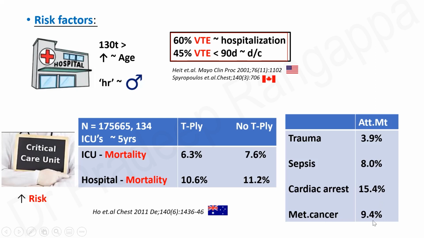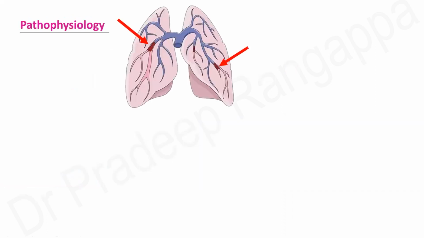This was followed by metastatic cancer and sepsis. So for all my ICU friends, sepsis is a very important risk for someone developing venous thromboembolism. That's why putting patients on thromboprophylaxis in ICU is a quality indicator, and every sick ICU patient falls under high risk for developing venous thromboembolism, and they should be on thromboprophylaxis because 8% is attributable mortality, and in trauma it's 3.9%. So when we look at the pathophysiological aspects of this venous thromboembolism, predominantly the pulmonary embolism, because today the topic is more focused on pulmonary embolism,